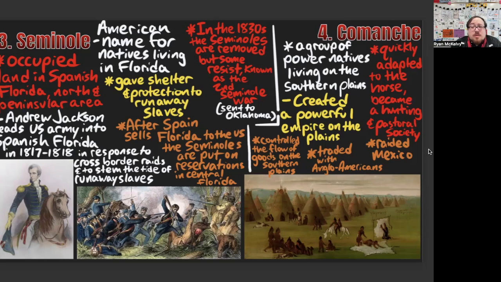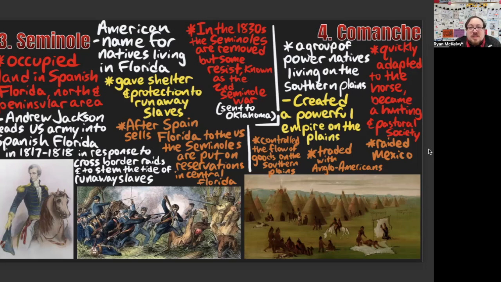The massacre of the Free Black Fort will only be the beginning of a series of conflicts with one Native American tribe known as the Seminole. These will be a group of Native Americans living in Spanish-controlled Florida, mostly in the northern and peninsula area of Florida. After the massacre of the Free Black Fort, you have